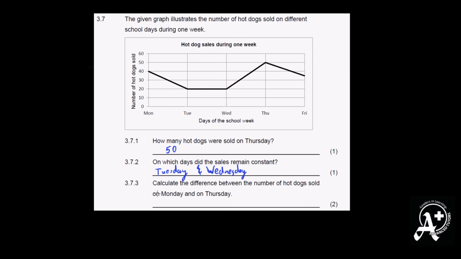Sorry for the horrible handwriting. In 3.7.3, they ask us to calculate the difference between the number of hot dogs sold on Monday and on Thursday. So the first thing I want you to recognize here is the word